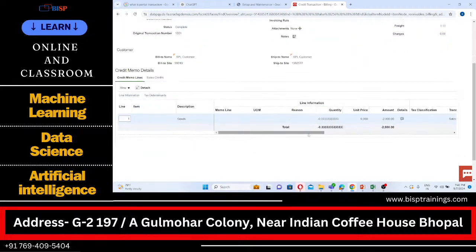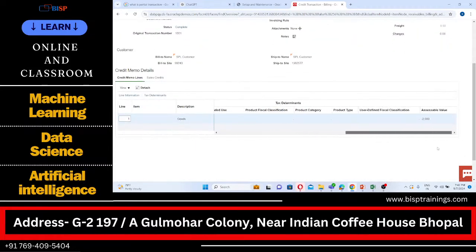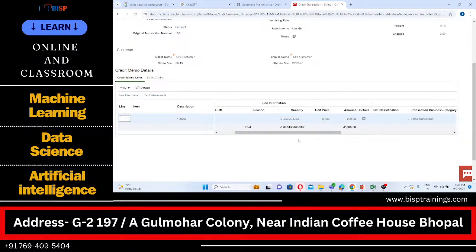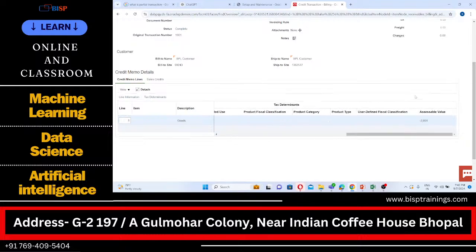You can see here also minus 2,000. Unit price was 6,000. The percentage is this, and